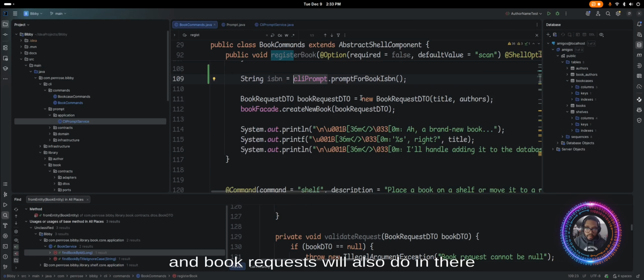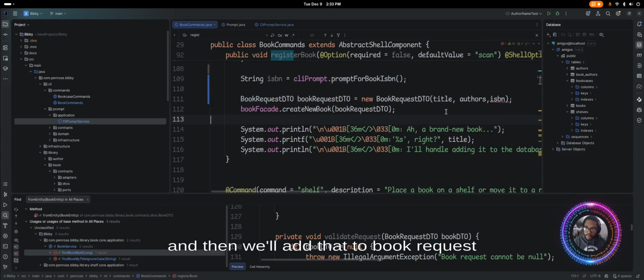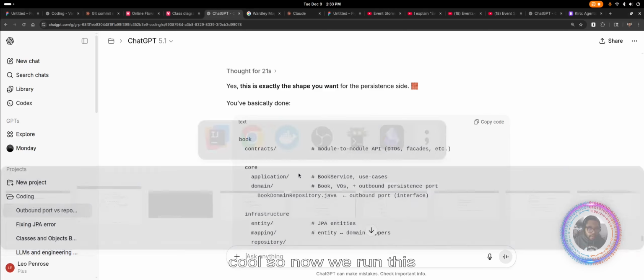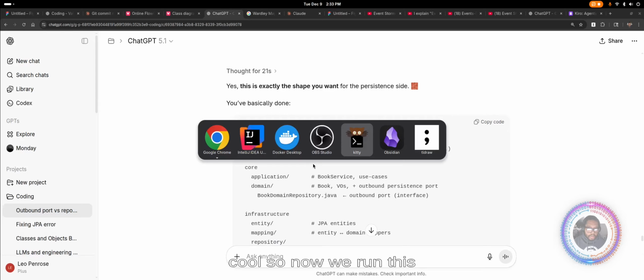And then book request will also do ISBN there. And then we'll add that to book request. Cool. So now when we run this,